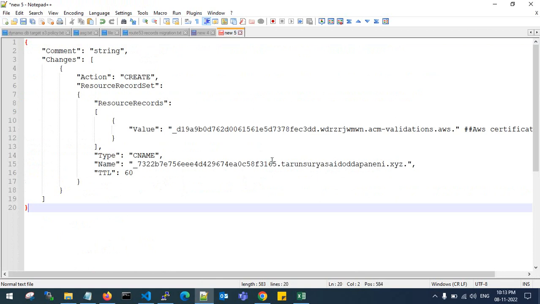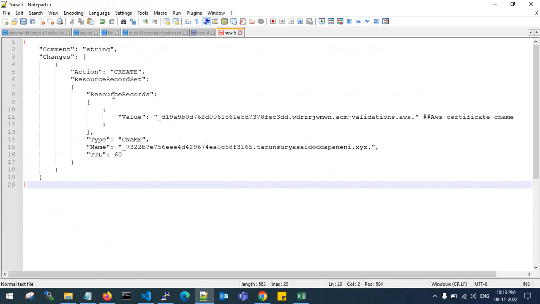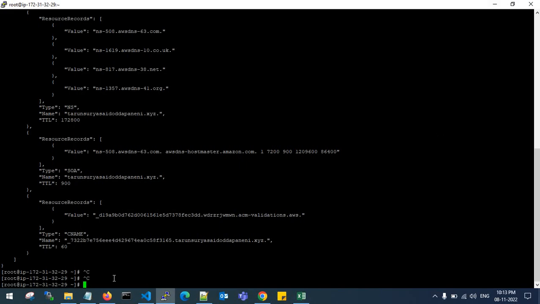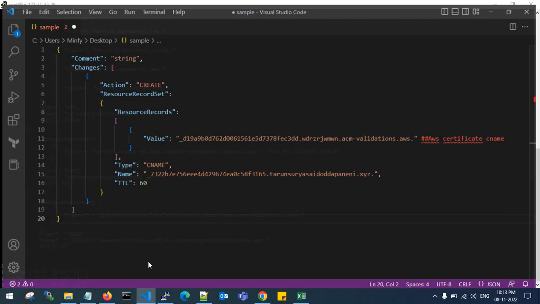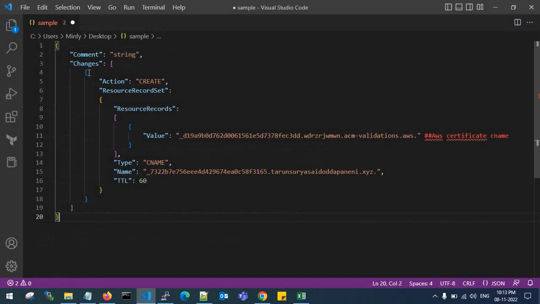So to fetch and check whether the code has been written or not, you need to copy this file into a separate notepad file and enter that file. Let me go back and check whether there are any errors or not. Comment string create record set, so it will create your record from the source account to the destination account using AWS access